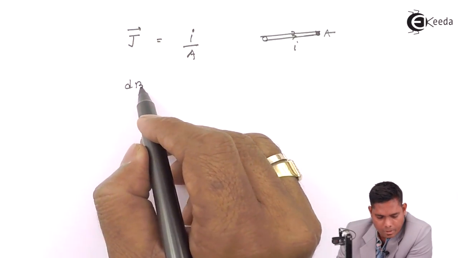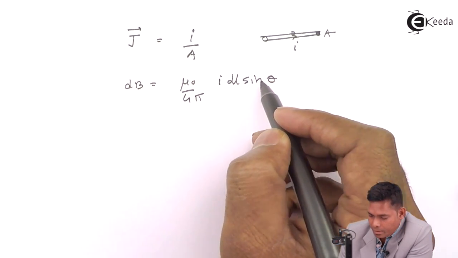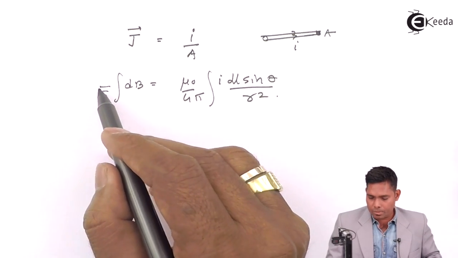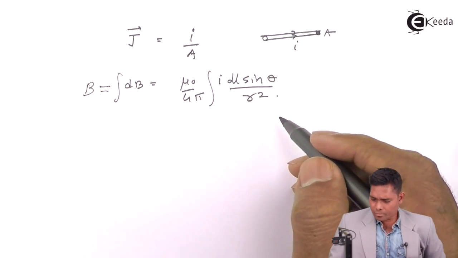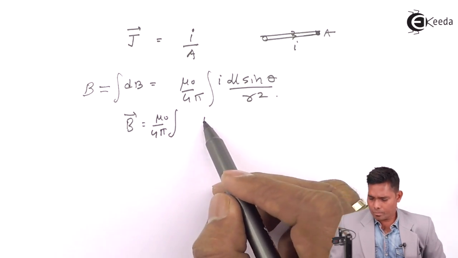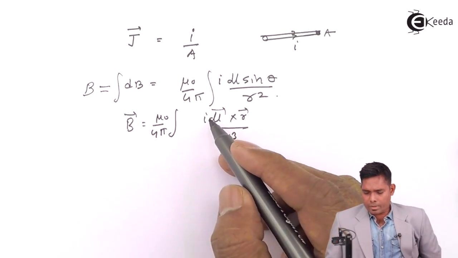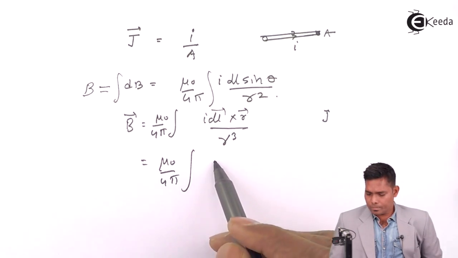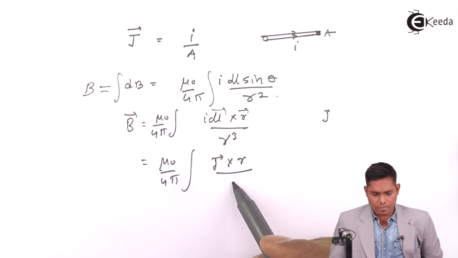We have dB, whatever you say, equals mu naught by 4 pi, I dl sin theta upon r square. If I take integration, then this becomes B. In vector form, already we have B equals integration of mu naught upon 4 pi, I dl cross r divided by r cube. I don't want this, I want current density. So I'll introduce current density here, J cross vector r divided by r cube dV,